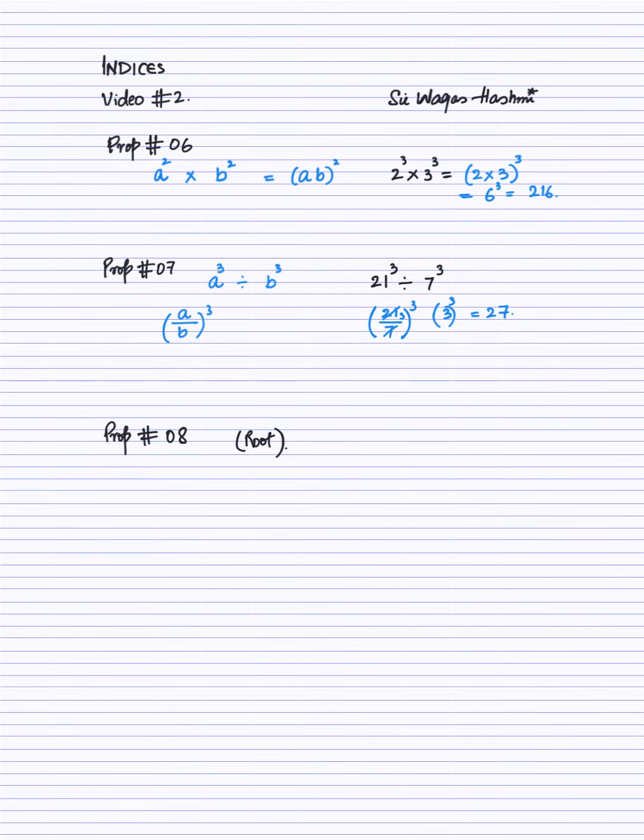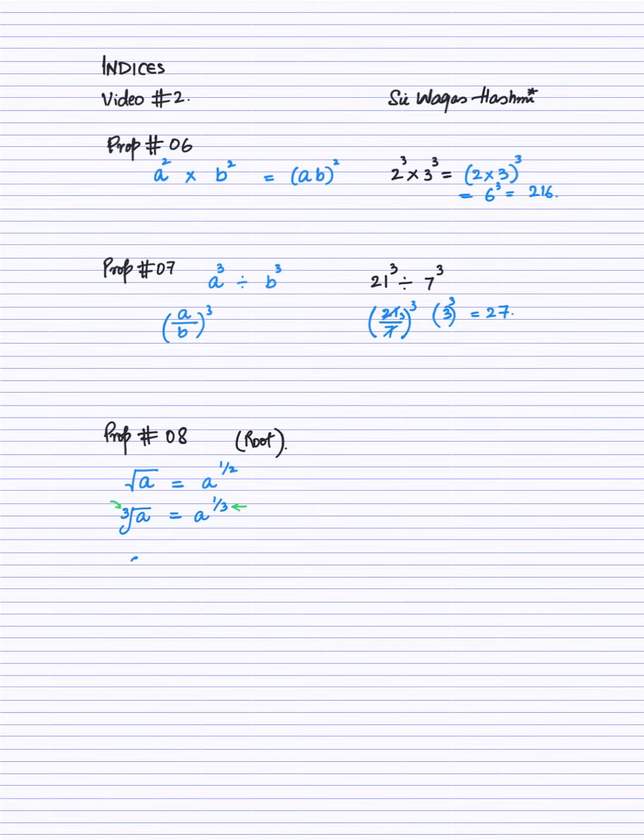In property number 8, we are going to discuss the under root sign. So let's suppose if you have root a, what does it mean? It means that now it's a to the power of 1 upon 2. So keep in mind, if there is no number present outside the under root sign, it will be 2 by default. Now if you have cube root of a, it will be a to the power 1 upon 3. Whatever number is written before the under root sign, it will be the power in the denominator.